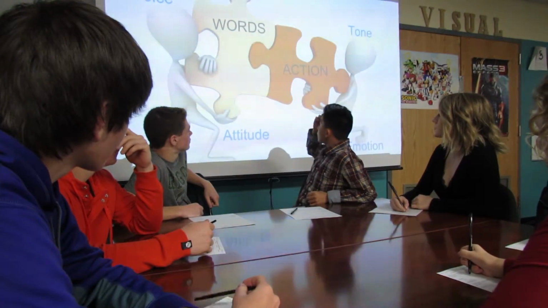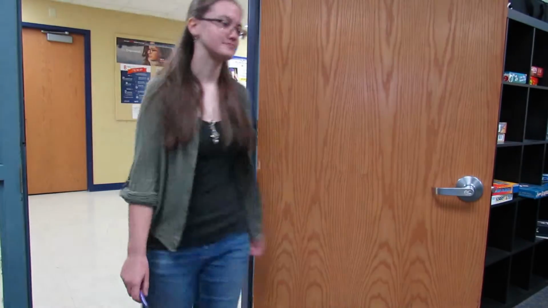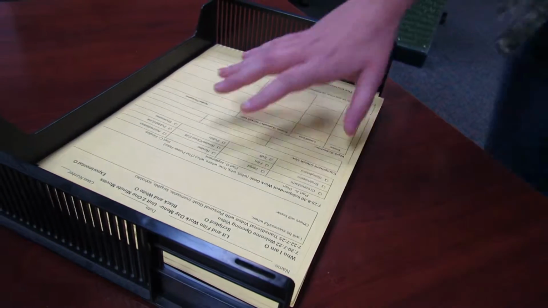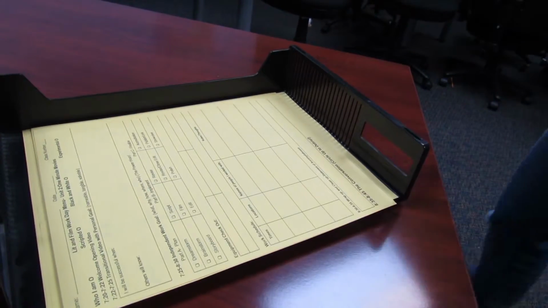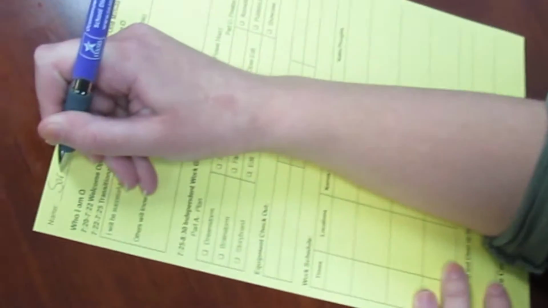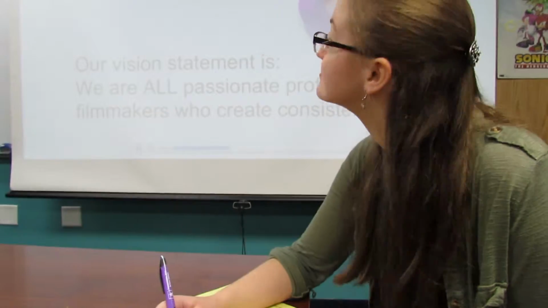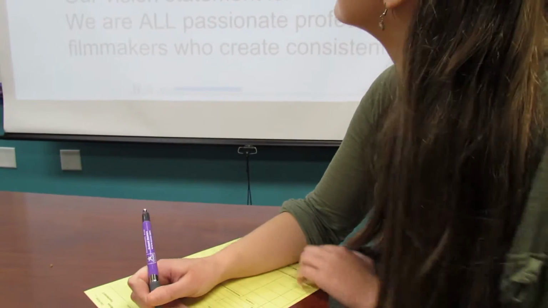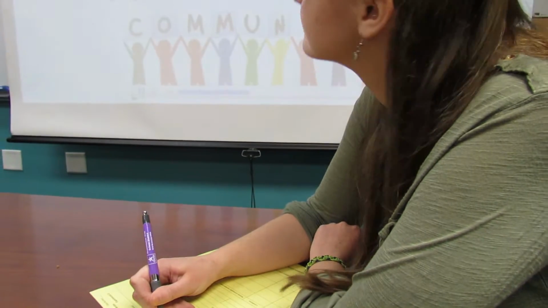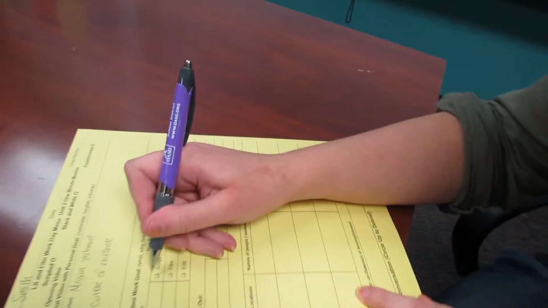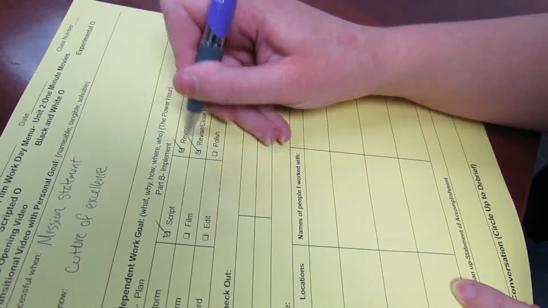Let's take a look at what this actually looks like. When I walk into the classroom, I grab my personalized menu for the day. Depending on what day, it might be a different color. I take this menu to my seat and begin to fill it out. First, I write my name and the date. Then I listen to the opening video and hear today's reminders. Once the lesson begins, I record the title, take notes, and write down key points for the lesson. Once my goal is set, I complete my independent work goal.